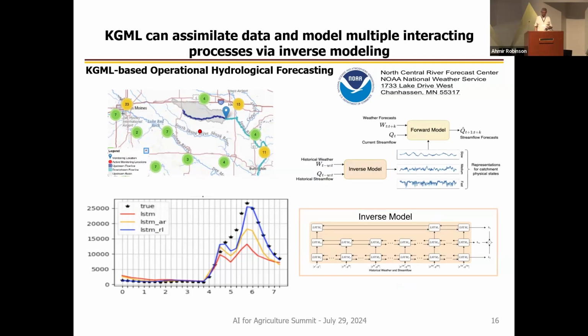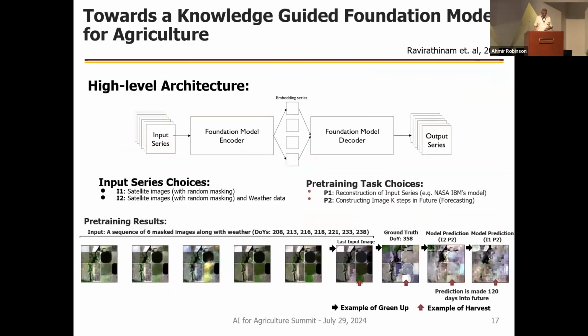And this blue line is showing you that you can meet the observations 7 days in advance. That is, you're doing forecasting, and then by simulation, you are making very, very accurate predictions. I'd like to just conclude by talking for a few minutes on our first work on a knowledge-guided foundation model